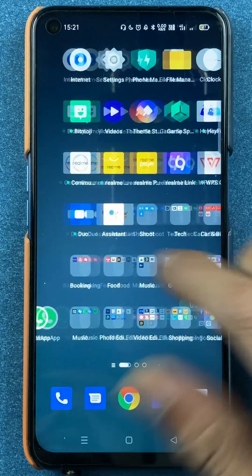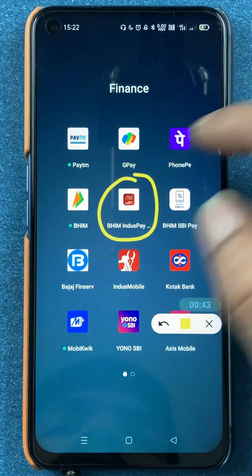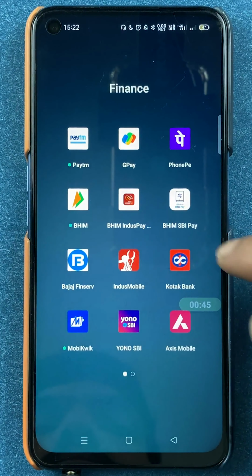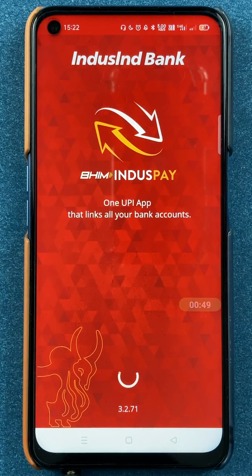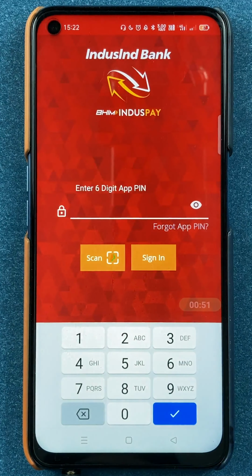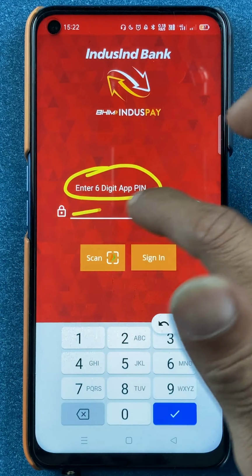To scan a QR code and to do a payment from BHIM Indus Pay application, you have to open the application first. Once you start the application, it will ask you to enter 6-digit app PIN. So you have to enter the PIN, and then